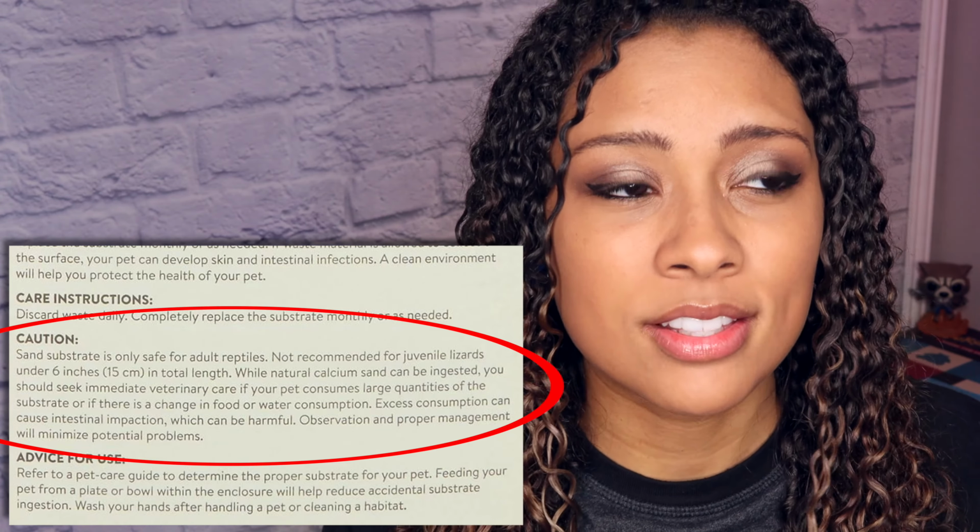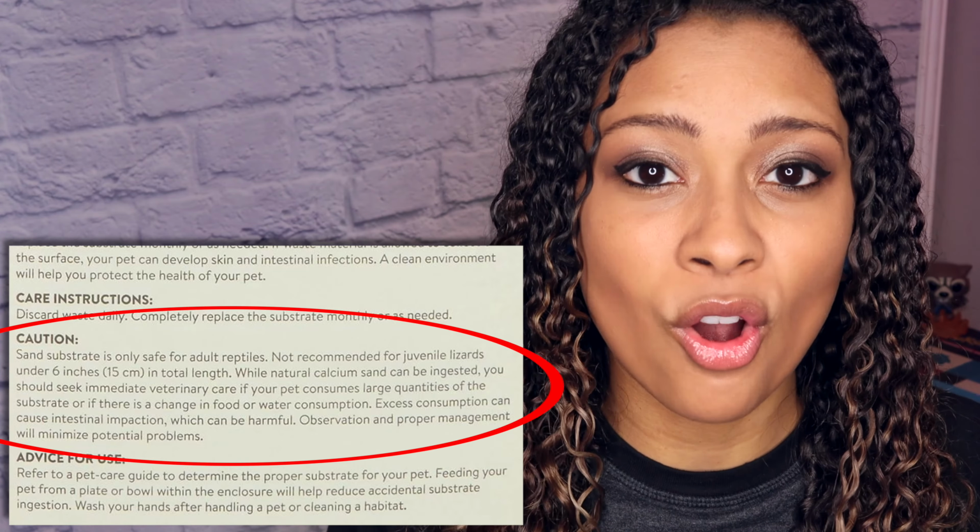While creatures like bearded dragons don't necessarily consume raw calcium regularly, they lick everything, and so if they're going around licking that calcium sand, they're going to consume it and consume it and consume it, and it's going to cause impaction. The argument for using calci sand is that if your husbandry is correct, there won't be an impaction issue, but if your animal is just eating sand non-stop, they are going to get impacted whether you are doing everything correctly or not. When you look up calci sand, you find just a whole bunch of pictures of poor reptiles